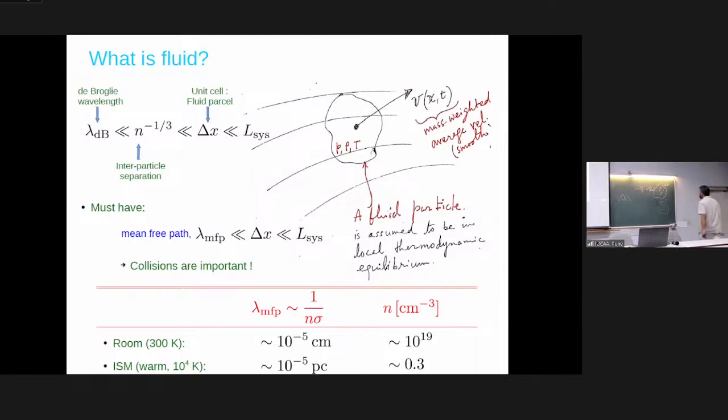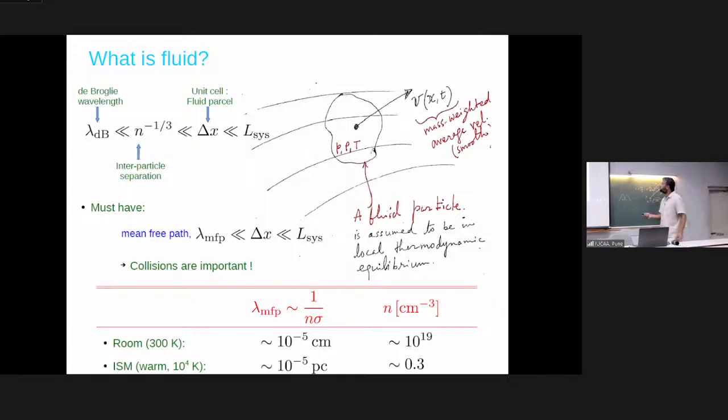Okay. Suppose your densities are such that your unit cell of dimension delta x satisfies this criteria. This is the case with stars and galaxies, by the way. Your delta x is indeed much larger than the interparticle separation. But if the mean free path is comparable to or larger than this delta x, then in the next instant these particles will travel a distance of lambda in any direction, which is larger than the unit cell, and the identity of the unit cell cannot be preserved.